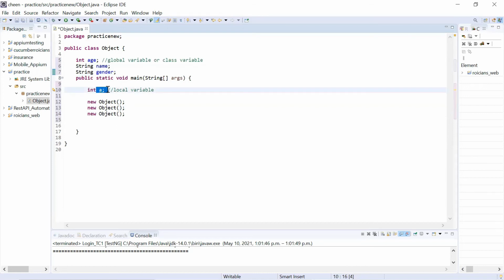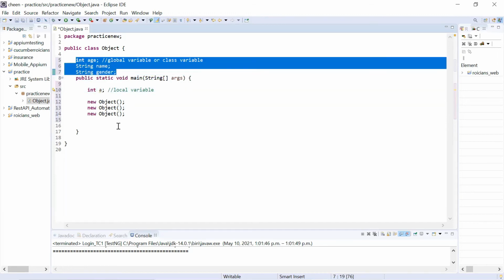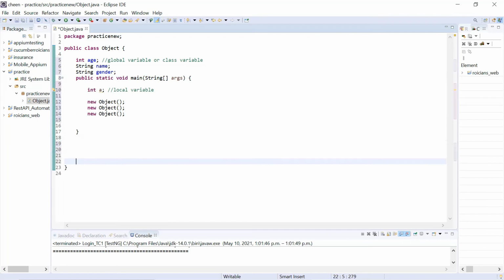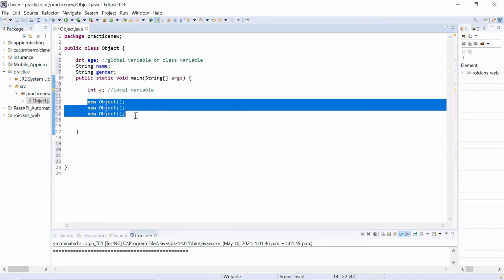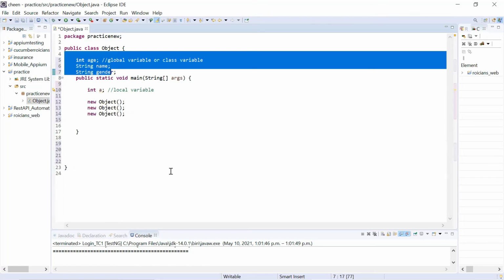There will be no local variable inside it. It's just global variables which are copied here. So anything which is in the main method will not be copied over there. It's just your global variables which will be part of it, or methods which are outside the main method. If you declare any method here, but it should be outside the main method, it will be copied in the memory, because it is in the scope of class. So anything which is in the scope of class will be copied in the object memory which you have created.